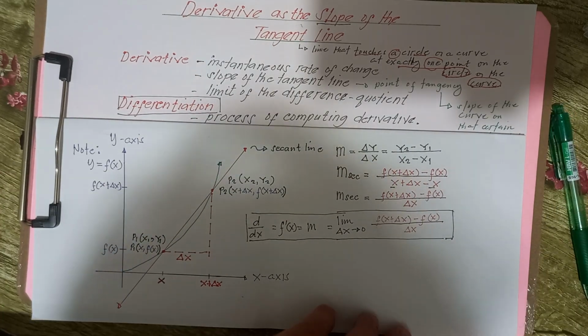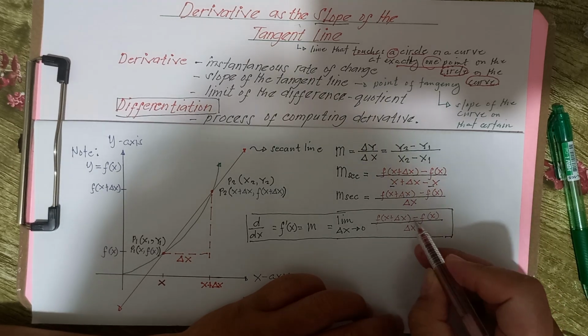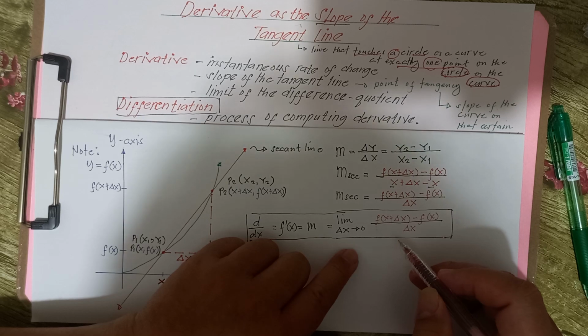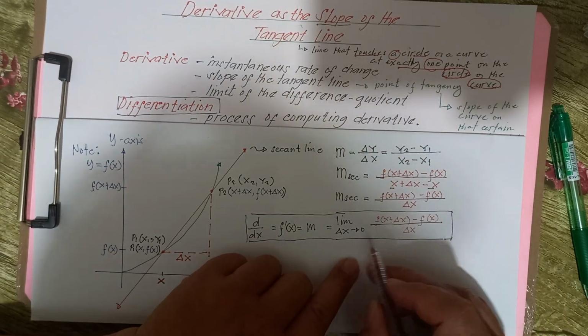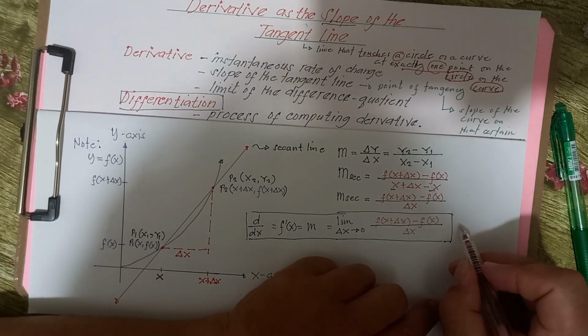Okay, now you will notice when we get the limit of the slope, the limit of the slope is this form, which is also called the slope